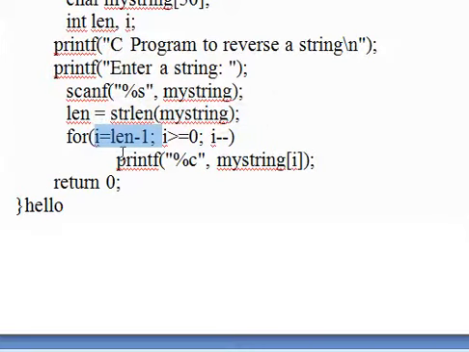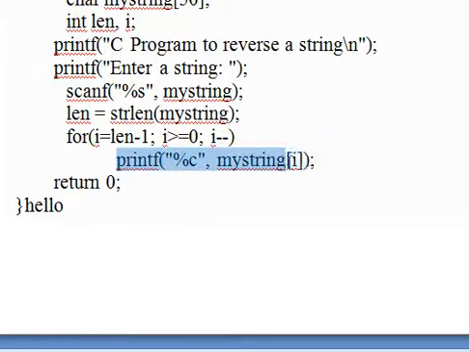Because length is equal to 5, since it has 5 characters, but the index of the last character is 4. So length minus 1, 5 minus 1, gives i value 4. Condition i greater than or equal to 0, 4 greater than or equal to 0, condition true.